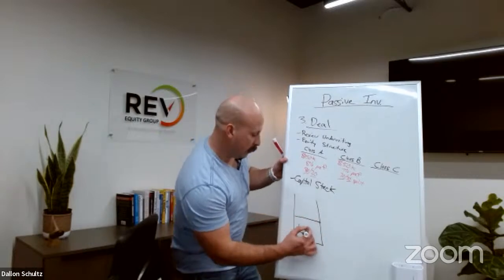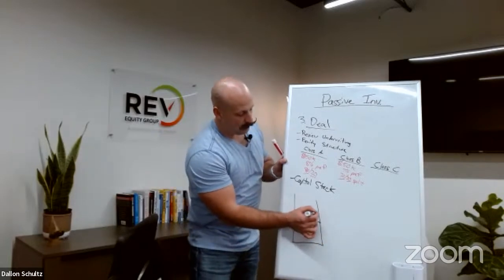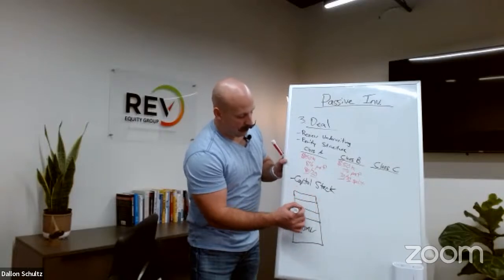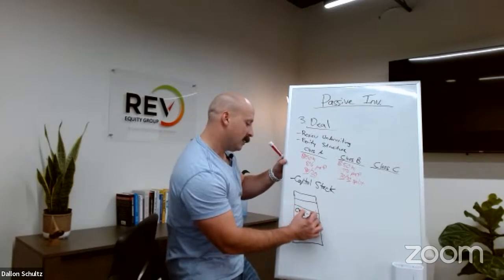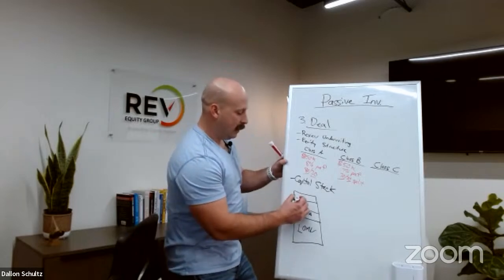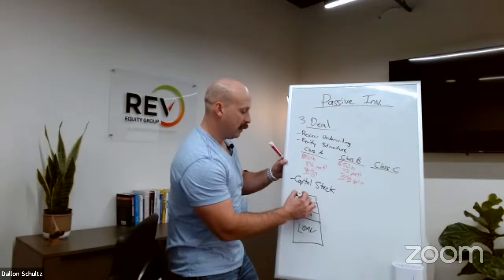So in our deal here, this might be your loan. When you look at your capital stack, you've got your loan, then you've got your common equity, which is the investors. But how we had it was that Class A investors would get their capital returned first, and then your Class B, and then the sponsors.